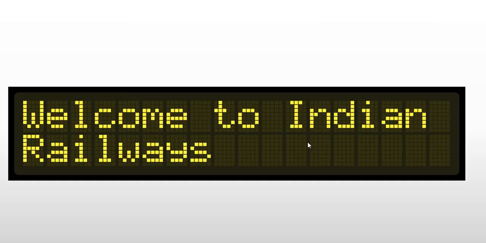Just observe this. Many of us go to railway stations and notice the message there, welcome to Indian Railways. Many of us will read it like that and go off. But this is a string. As I said, it's a collection of characters. So now you can see where we will use strings. This is one example. There are many such examples like bus boards and airlines. Everywhere you see displays showing messages like this, strings come into the picture. Now let us create this string in VS Code.